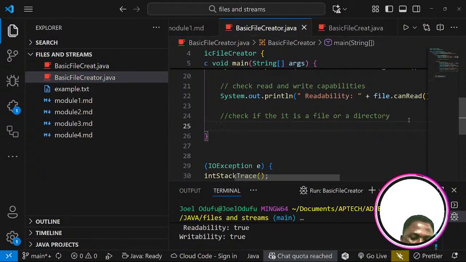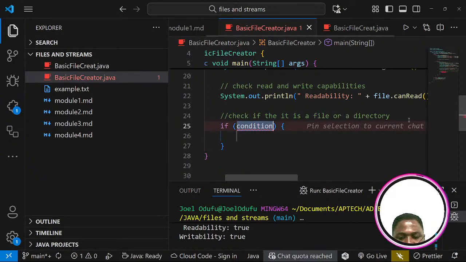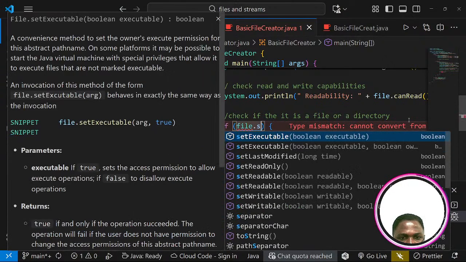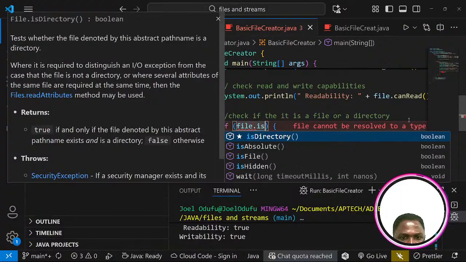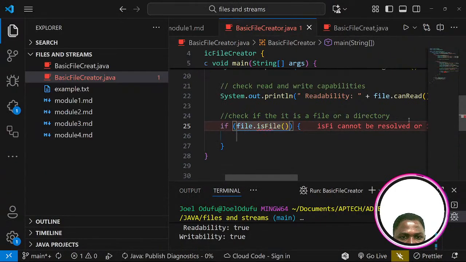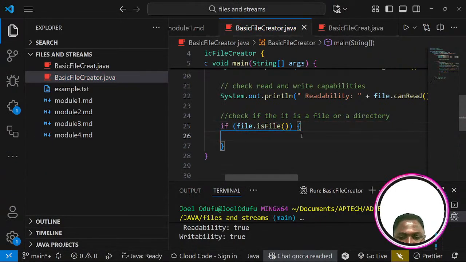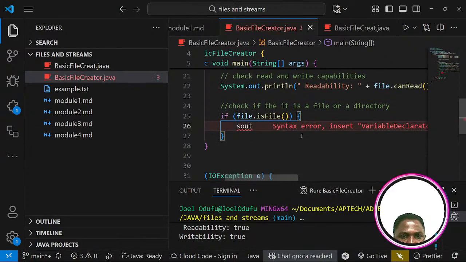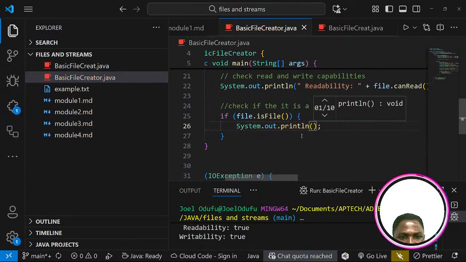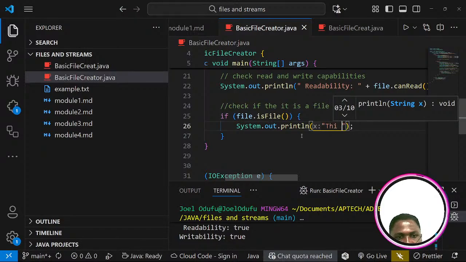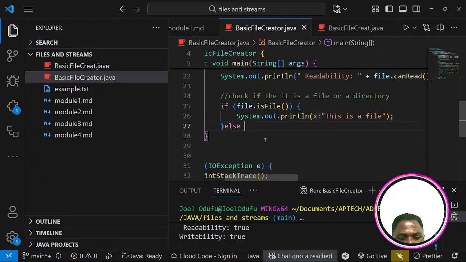So we could use the if statement if you want. If file dot is file, we can just print this is a file. Else if